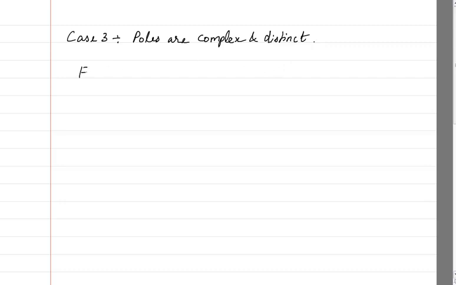Again, the function may be of such form that you are having some numerator polynomial p of s, and now in the denominator it is some quadratic form. For example, s square plus as plus b. Okay, and then here we are having s square plus cs plus d.